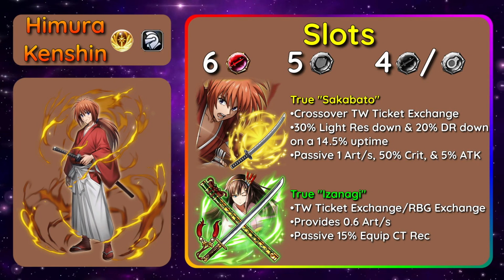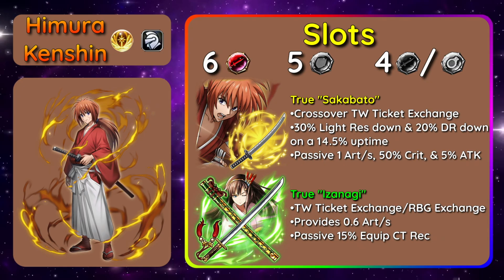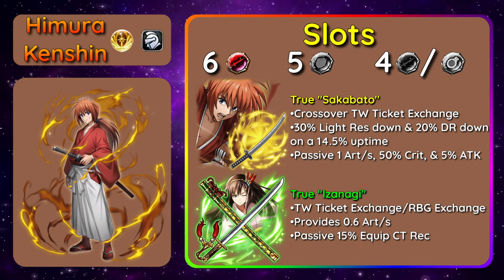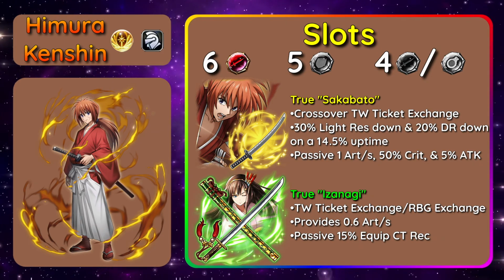His true Sakamoto deals 10,000% light physical damage, and for 8 seconds reduces the enemy's light res by 30%, and additionally if the user is human, it will reduce the enemy's damage res by 20% for 8 seconds on a 55-second CT. This main effect is just nuking, and that's it, because the CT is too long and the duration